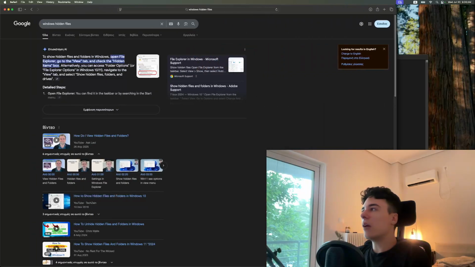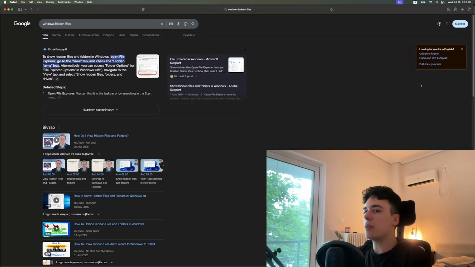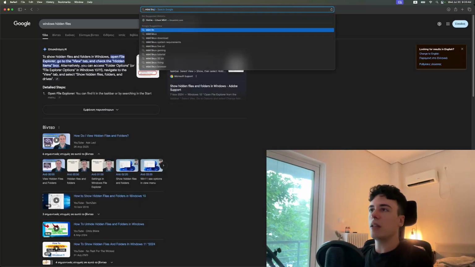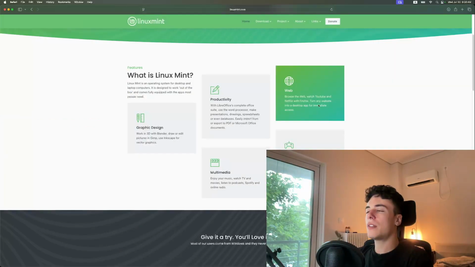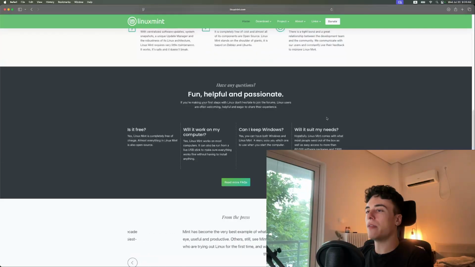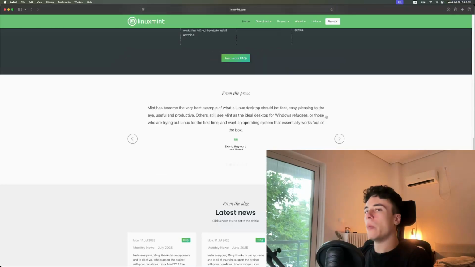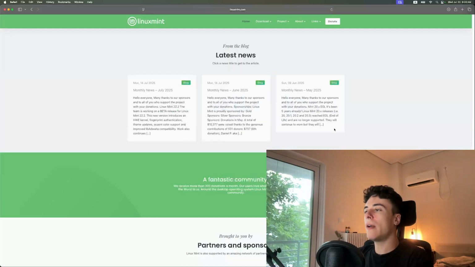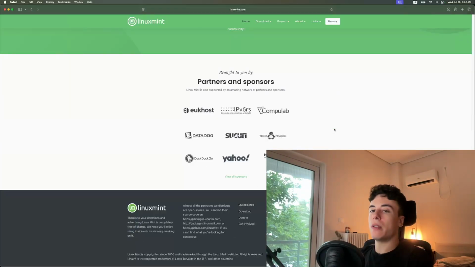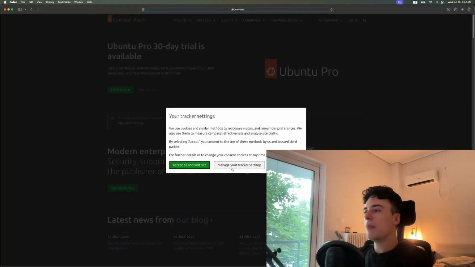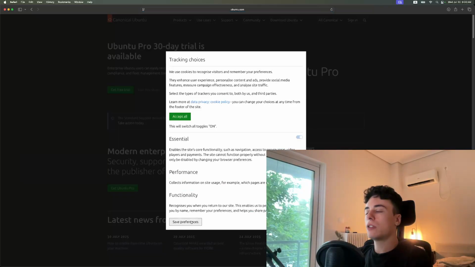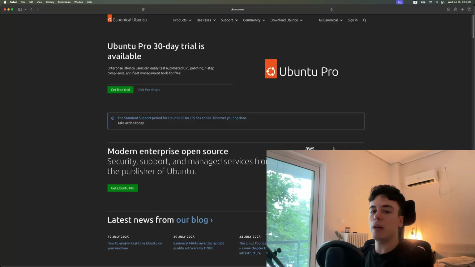I was using Windows at the time, and I said, well, okay, I want to give Linux a shot, and I installed, I think my very first Linux distribution was Mint. So Mint Linux, this one right here. I installed Mint. I probably stayed with Mint for a week maximum. I think it wasn't even a week. And then I switched to Ubuntu. I played around with Ubuntu, and then